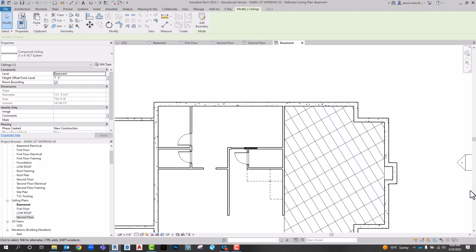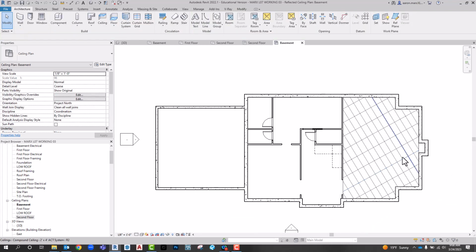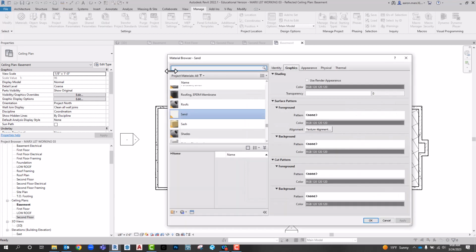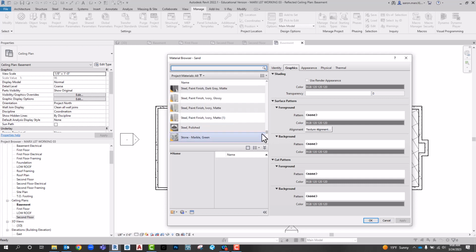Okay, now we're going to do some chipboard ceilings here. So it says go to Manage, under Settings, go to Materials. This is a list of materials where you assign materials to different layers. So we're going to find that gypsum wallboard,